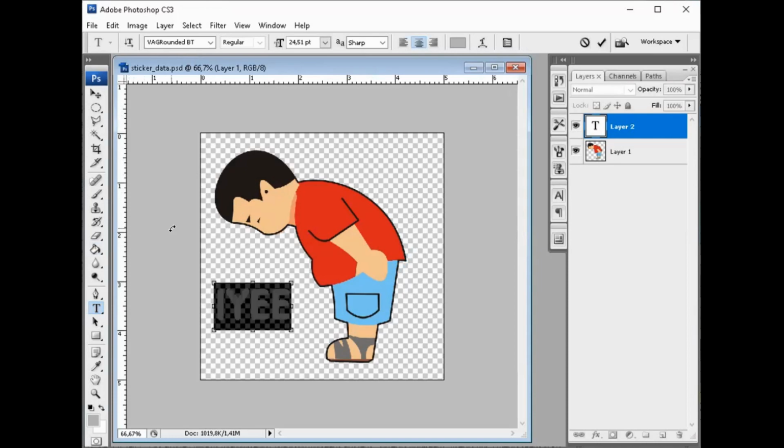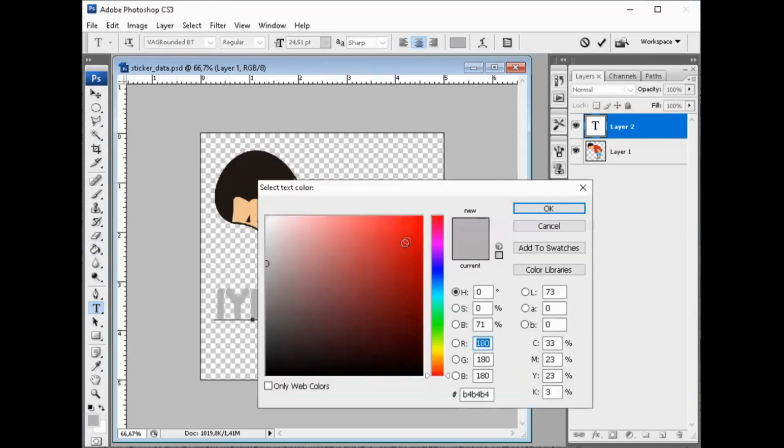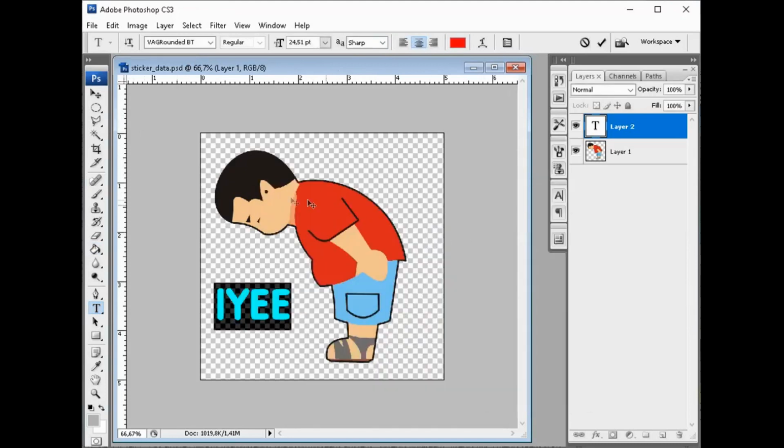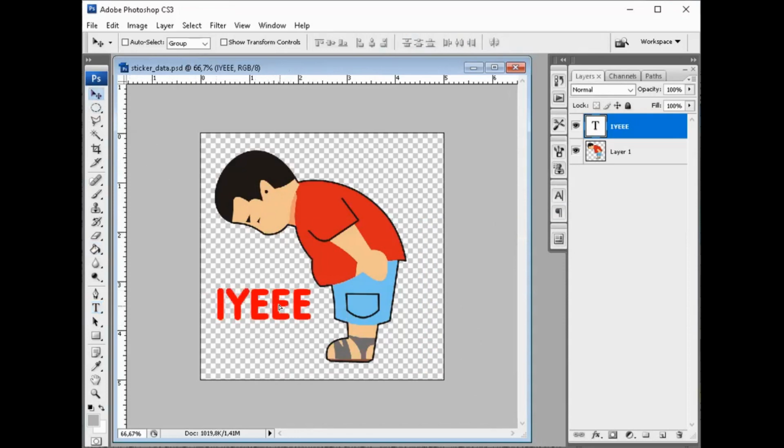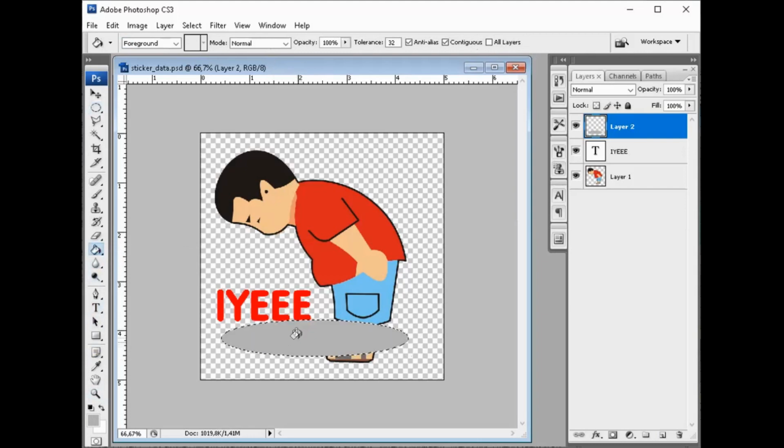Okay, yeah, rest. I will change the color to okay. Check this. Okay, if you want to make another effect, maybe I click like this. Yeah. Okay, pick the paint bucket, Control D, Control T, make like this. Yeah, I want to